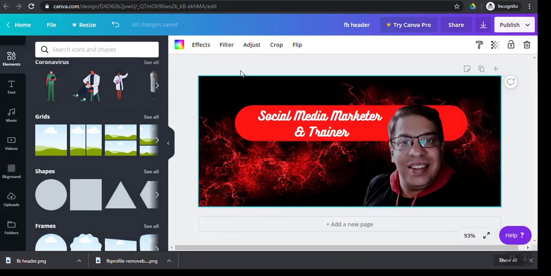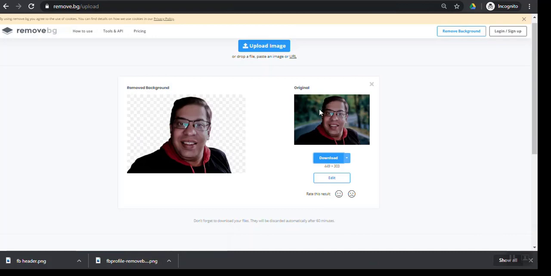That's it. Now if you remember, we had gone to remove.bg to remove the background. Now let's go back there, and instead of transparent, let's add a bright color background and use the same as our profile image. Note, this is for our profile image. We need to have a bright color background so that it stands out when we comment on others' posts. When you comment on others' posts, your profile image is visible to them, and it's very small in size, so having a bright background will make it stand out. The background I prefer is either bright yellow or bright red.